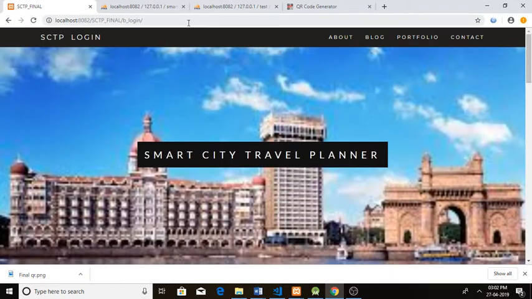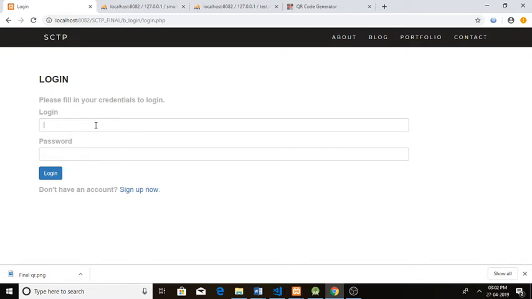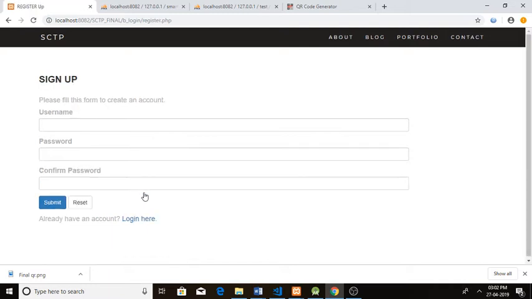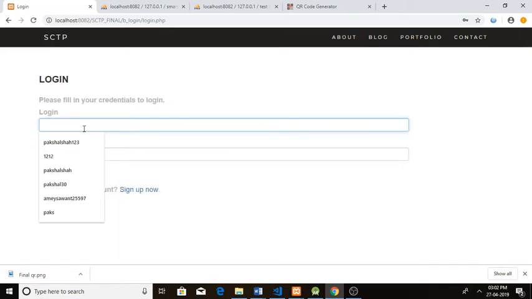So in order to access the functionalities of our website, the very first thing that you need to do is log in onto our page. Since I have already made an account, I don't need to sign up. If you are a new admin, then you need to sign up to our page. So let's sign up. Let's take this as 4 and we'll set the password. So now we have created our account.